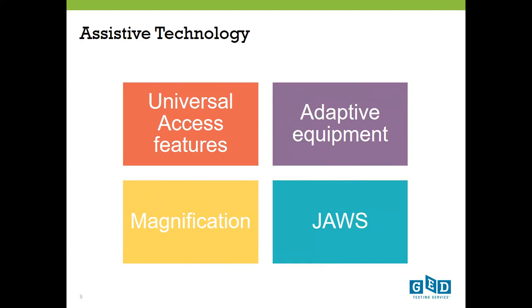Adaptive equipment: there is an unlimited number of pieces of equipment that a candidate could ask for on the GED test. For example, they might need a trackball mouse, they might need an ergonomic keyboard, they might need a special chair, they might need to wear a hat because the lighting is bad in the room. Any number of things. Adaptive equipment we ship from GED to the test center.